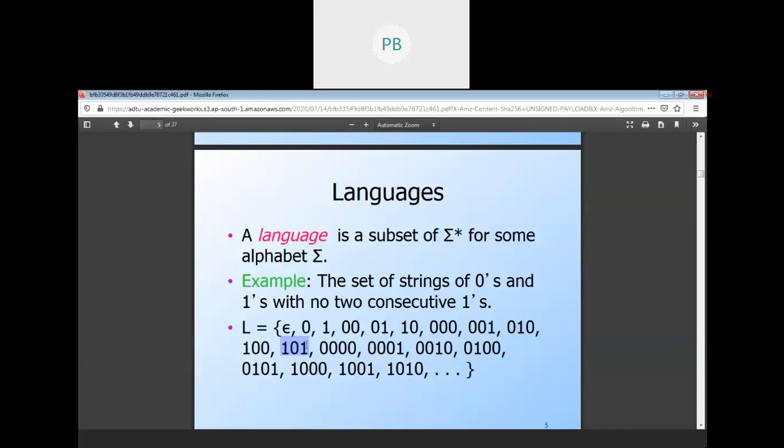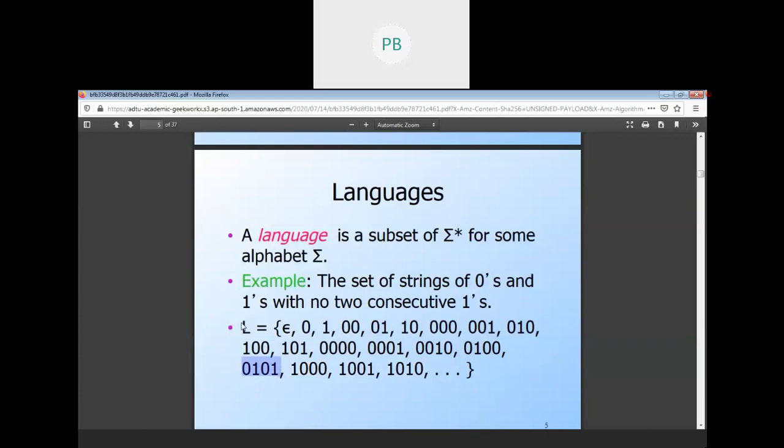You can create 1 0 1 0, 1 0 0 1, 0 1 0 1. You can create several combinations of zeros and ones, but you have to remember that no two or more consecutive ones are there in that particular language.